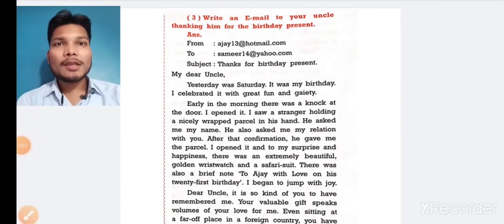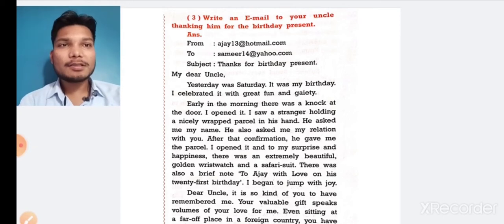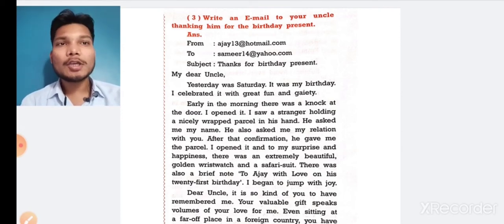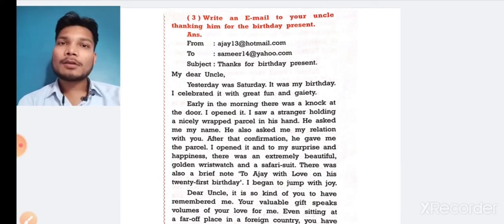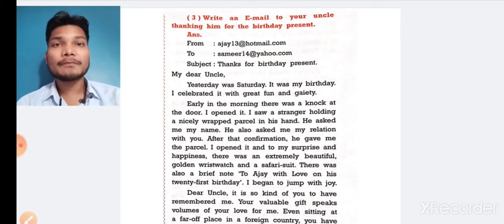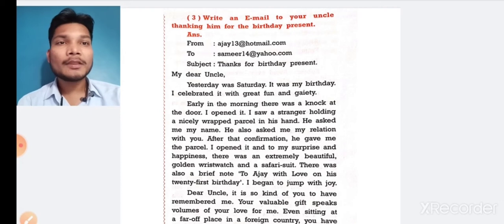Now our next point for discussion is email writing. Email writing is also a form of letter writing, but done using technology. While writing an email, we have already discussed this, but let us see, you will have to follow the format. Here I have taken one example of an informal email. So now let us start.